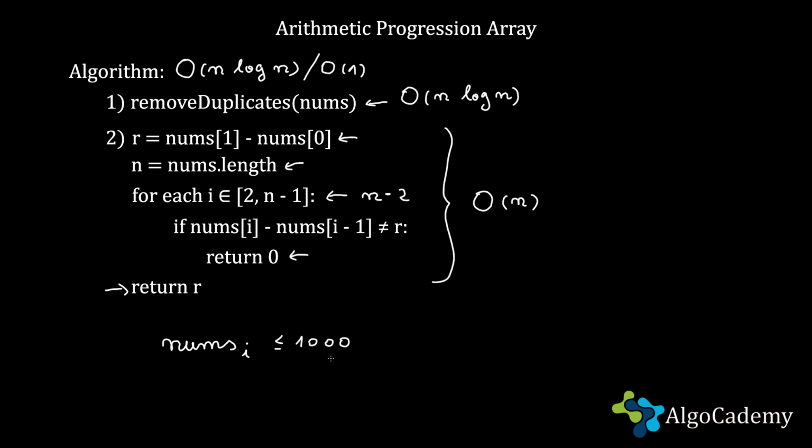So we are given very small elements, and let's also suppose that they are greater than or equal to 0. That doesn't matter. So each and every element in the input is small. It is at most 1000. Knowing this, can you come up with a solution that is going to be big O of n in terms of time and